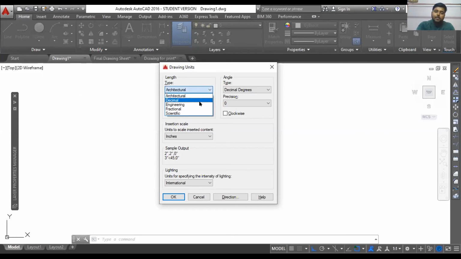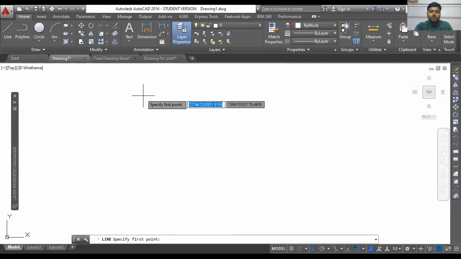But at the same time, you can also use this engineering option. And you can also change this within the dimensions also. So no need to worry about that. This is just for your basic drafting. The units or the dimensions will be entered while drafting. In case of representation, you can easily plot a plan in feet and inches, and still you can show the dimensions in millimeters.